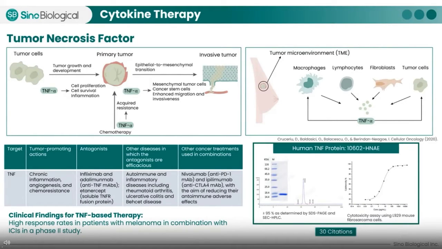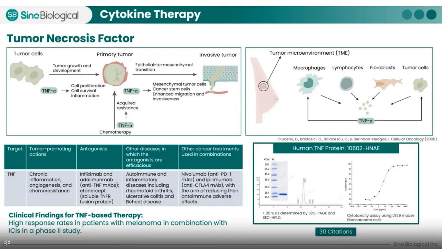Here we see in the diagram on the left panel that TNF-alpha is involved in all stages of breast cancer progression, being involved in cell proliferation, survival, and motility, inflammation maintenance, acquisition of stemness, and resistance to chemotherapy. On the right panel, we see that TNF-alpha is secreted in the TME by various cell types, including macrophages, lymphocytes, fibroblasts, and tumor cells, and impacts the fate of the primary tumor by acting on both tumor and the stromal